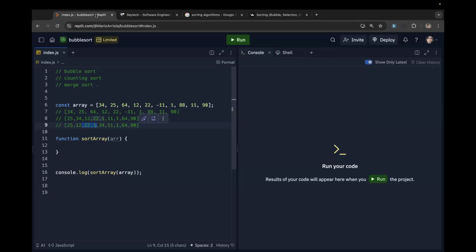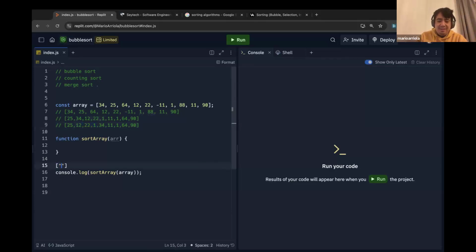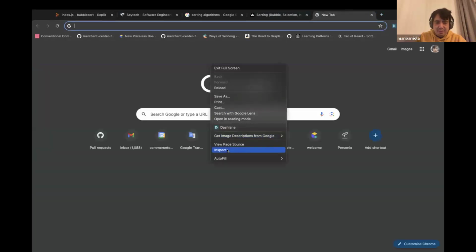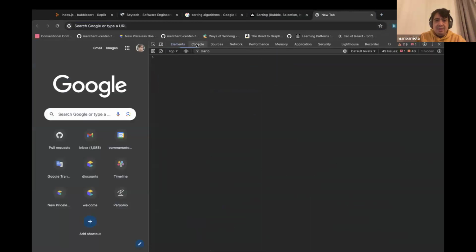Is it going to work with letters if we have a target for the letters? Yeah, but combining with letters is tricky when you have repeated values, like an array with A, B and AC. Mathematically it will work, but it's not normal to use it in this case. For example, let's inspect it here and go to the console and say AC